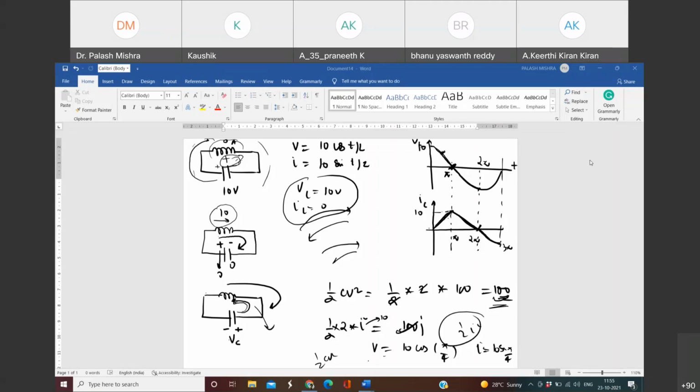In the next class, we will be discussing the Laplace transform. I will start the Laplace transform. That is another way to solve the differential equations. It will make it easier to solve the AC circuits. It is just an extension of this initial value problem, there is nothing special in that. So in the next class, I will start the Laplace transform. Please don't miss the class, and then we'll proceed further.